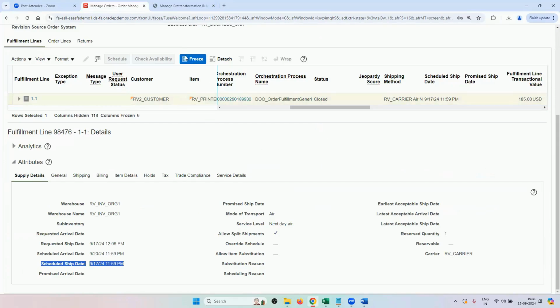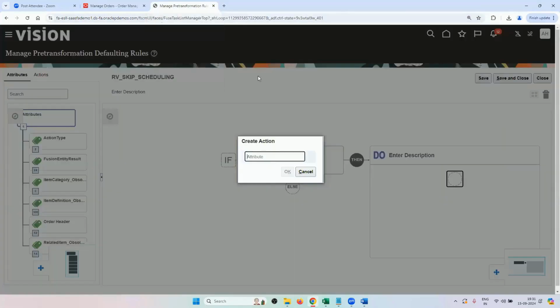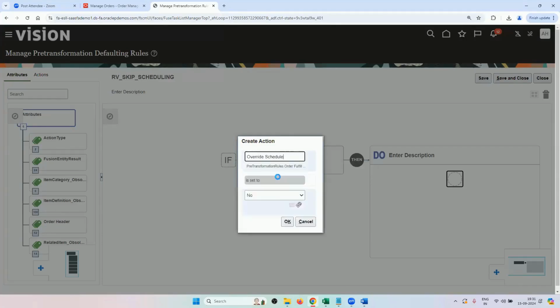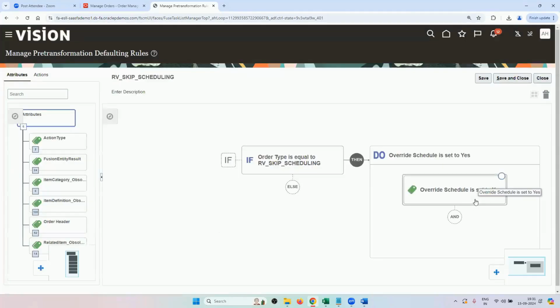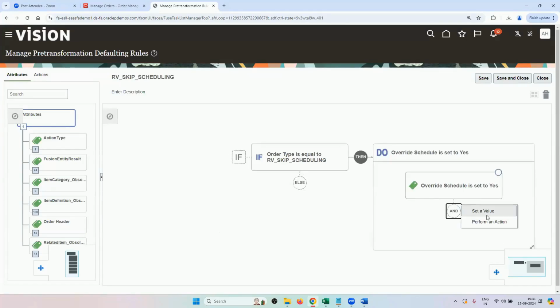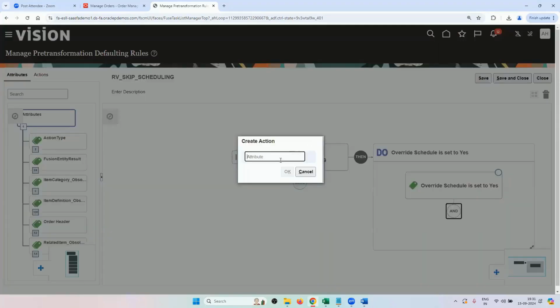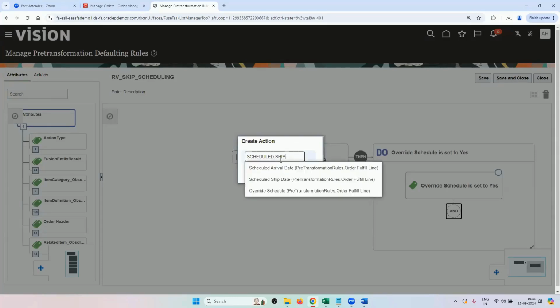So this is a mandatory step to default your schedule ship date at least using any transformation rule. Since till now I've shown you already pre-transformation rules, I'm going to use that. The first condition should always be override schedule. These are pre-built by Oracle. We always need to enter that. Override schedule is yes, because we're going to override the schedule by GOP. And set a value: scheduled ship date